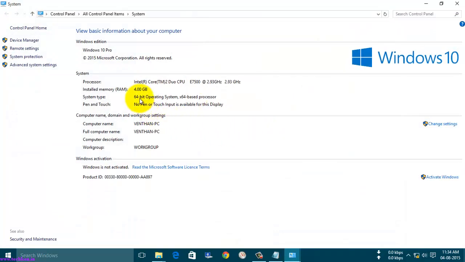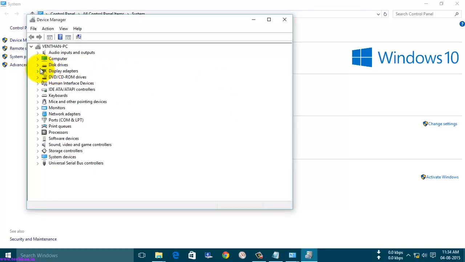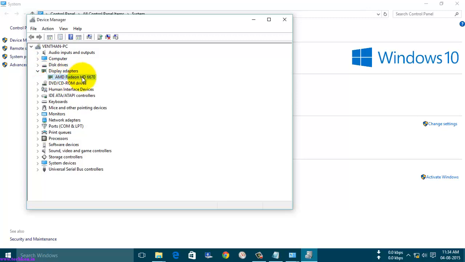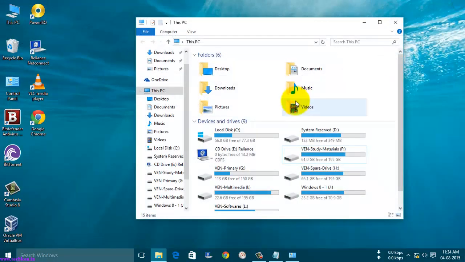I do have a 64-bit operating system with 4 gigabytes of RAM, and a processor with almost 3 gigahertz of processing speed. And I do have a graphics card here. You see, I have an AMD Radeon HD 6670 graphics card. So all these are happening even though,